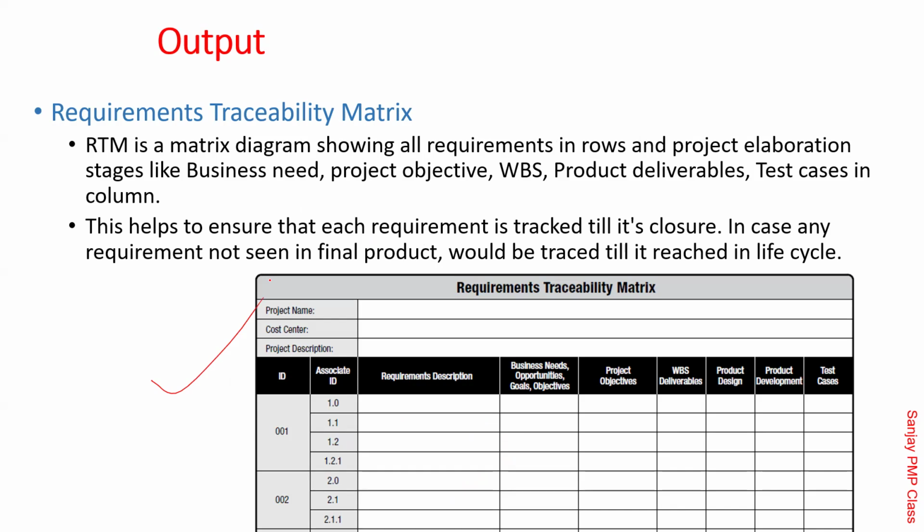If this matrix is missing, it is quite possible that something which was told by one of the representatives of one of the users may not appear in the final solution and might result in a big non-compliance. Your payments might get stuck because of that. So RTM is one of the ways, if implemented properly, that could be done. No one will be doing it using an Excel spreadsheet. In my opinion, there are tools which allow you to do this. So that's what a requirement traceability matrix is.